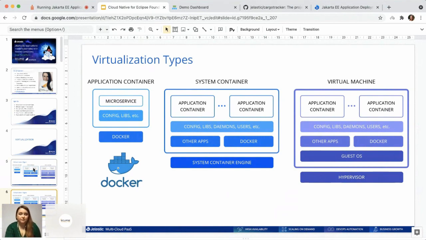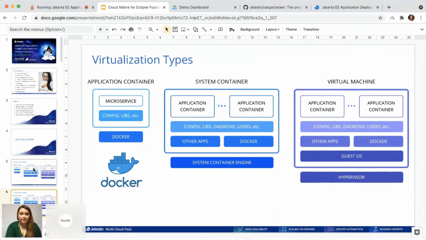Because Docker created some kind of boom around containerization somewhere in 2015. But containers existed even before that, for 20 years at the moment, or even more. And these types of containers were system containers. The reason why Docker created this boom is that they made containers more convenient and more available for developers. Previously, system containers were considered something that admin guys and system guys work with and can manage. Right now, with application containers, even developers can manage